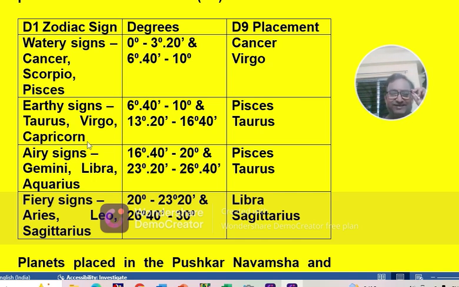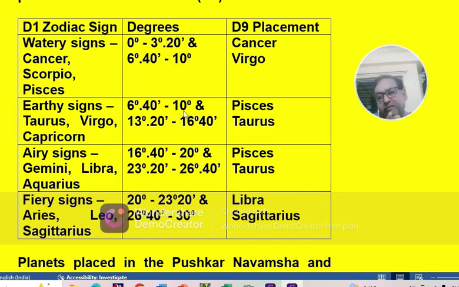Three earthy signs, isn't it? So, the degree span in the earthy signs for Pushkar Navamsha is 6 degree 40 minute to 10 degree. In an earthy tattva, a Prithvi tattva Rashi, meaning Taurus, Virgo, Capricorn, 6 degree 40 minute to 10 degree